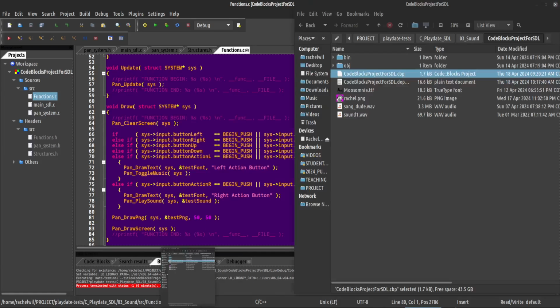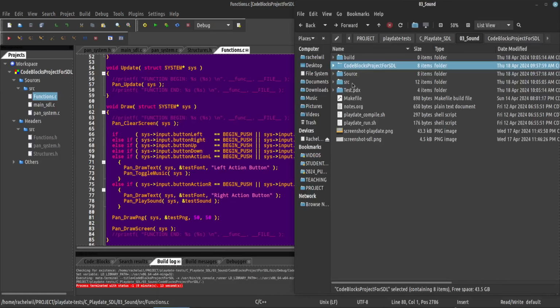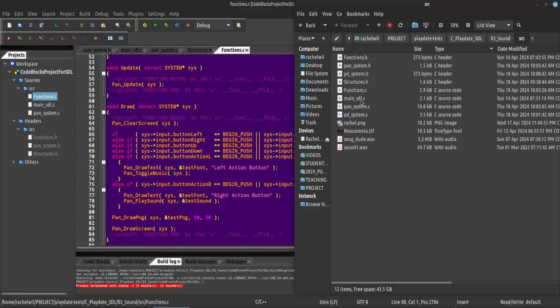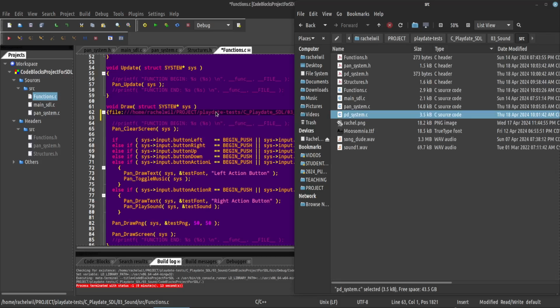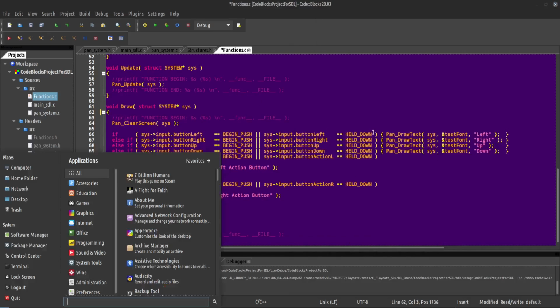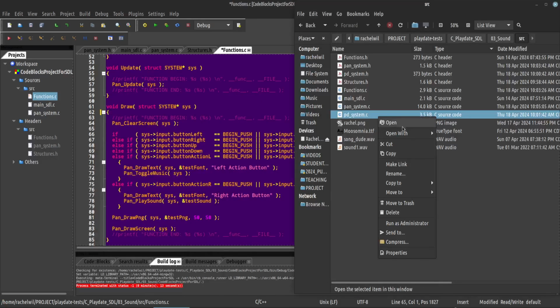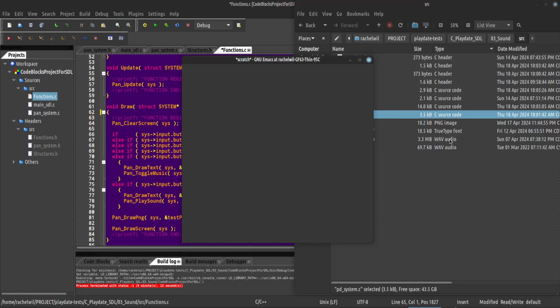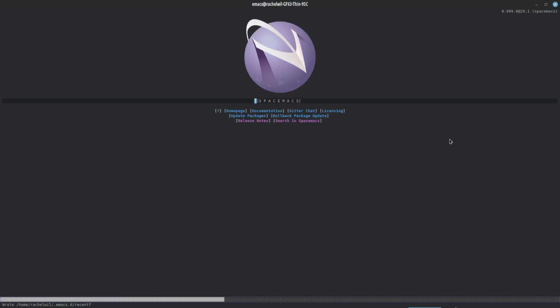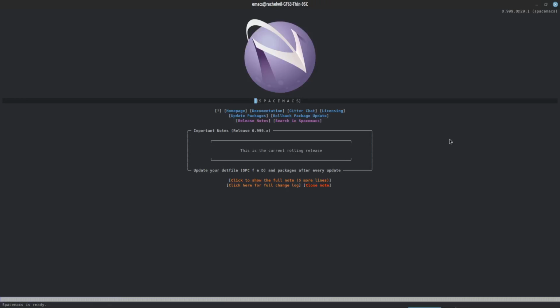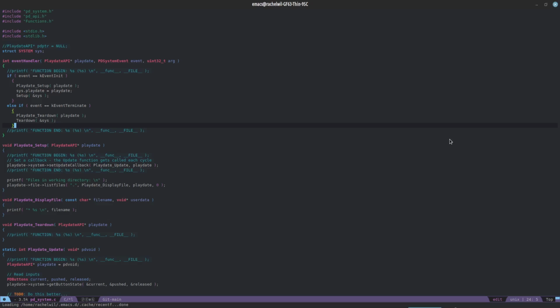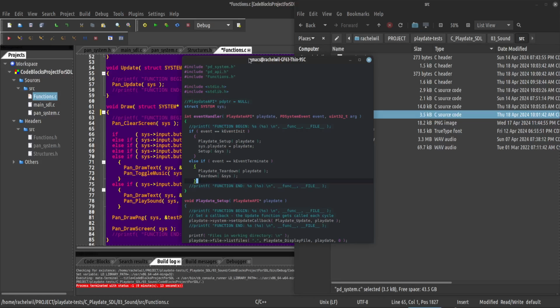For the Playdate side, that's just going to be, I wonder if I can just open it in here by clicking and dragging. Nope. I don't want to add it to the project because the SDL project does not need Playdate files. I mean, I guess I could technically put them in, but then put them in the if not defined thing,